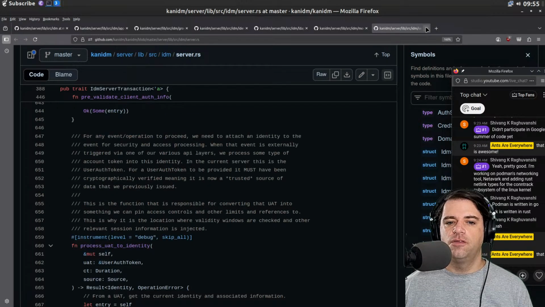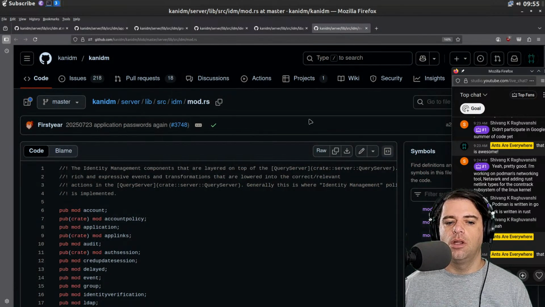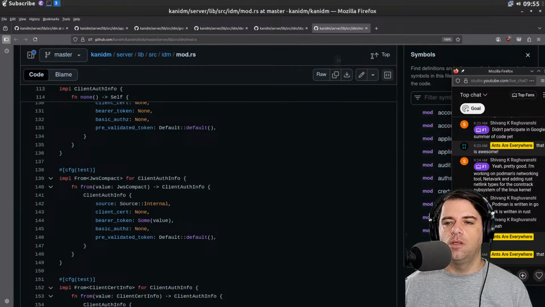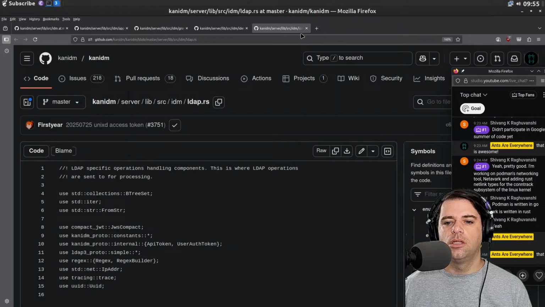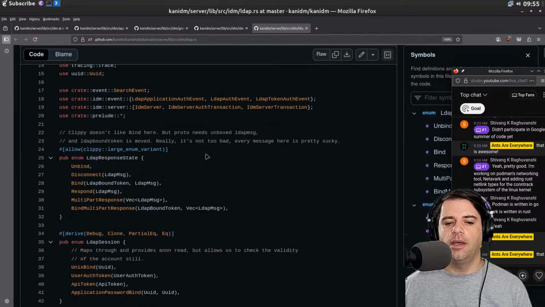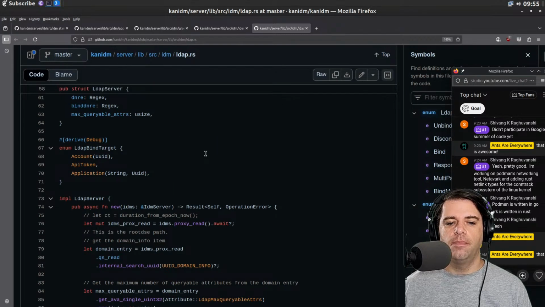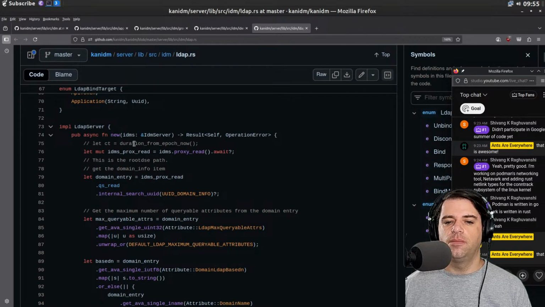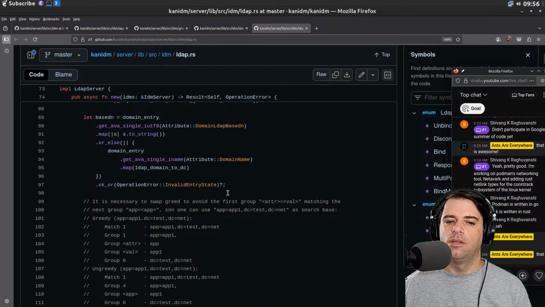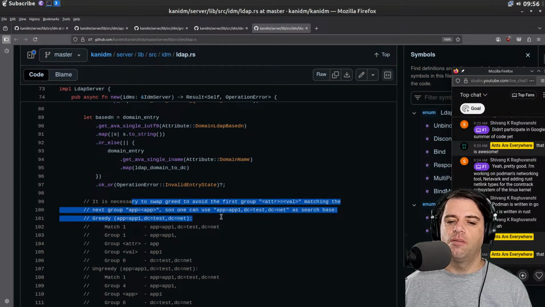All right, so all this is fine. What I was curious about is, let's look at the database. Here's LDAP stuff. An LDAP bound token. We have an LDAP server, which is very simple. If I remember correctly, we have a domain entry. You're going to read some stuff. It is necessary to swap greed to avoid the first group after equal val matching the next group.